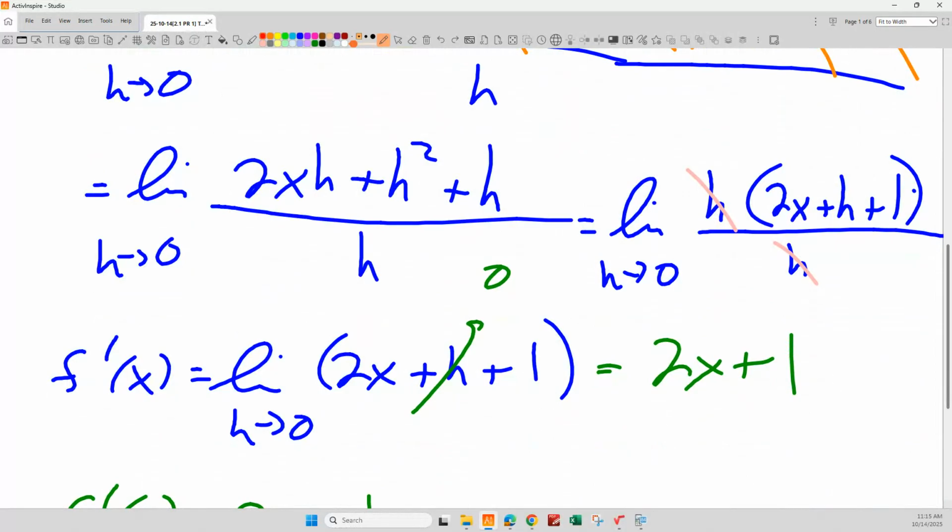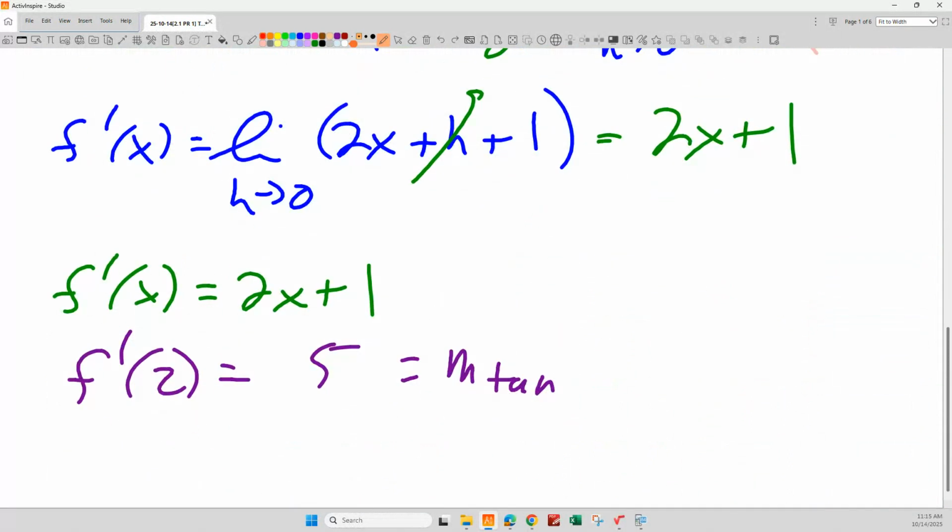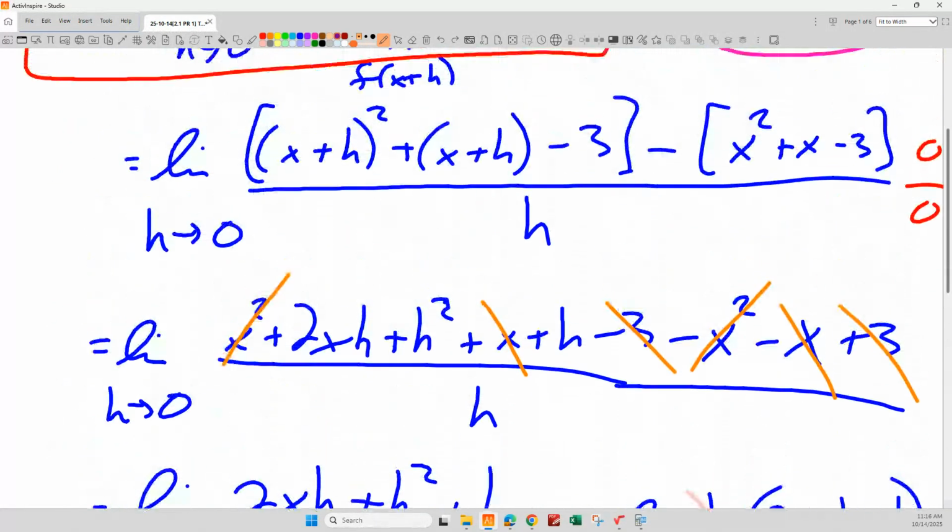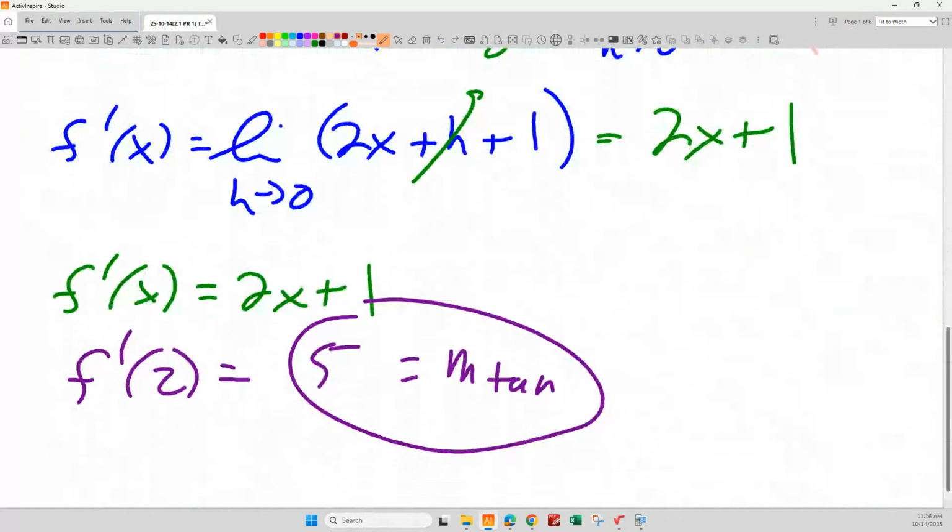Two of the terms didn't even have h's in them anymore, right? So those were done. This other term did have an h, and when h went to 0, that term disappeared. And I just ended up with 2x plus 1. So that was my derivative function. Now to find the slope of the tangent at x equals 2, I just plug 2 into my derivative. And that gives me the slope of the tangent line. Well, now I've got my ingredients. If I've got the slope of the tangent line, if m equals 5, and the point has coordinates (2, 3),